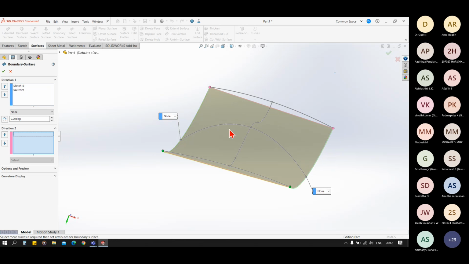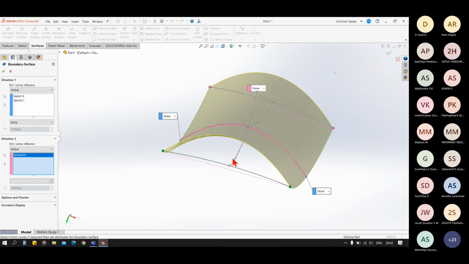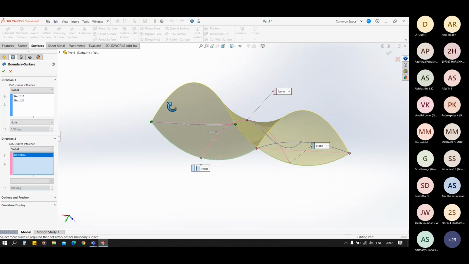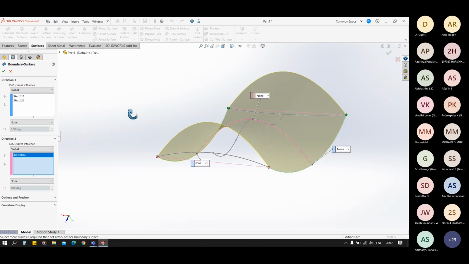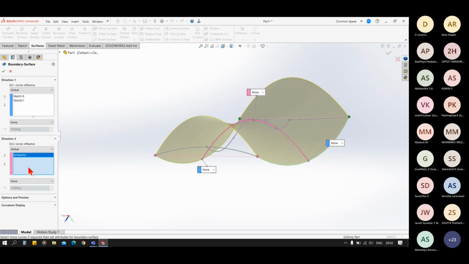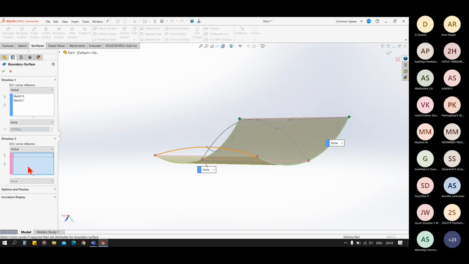And now suppose I give the direction 2 for this sketch, you can see I have this type of sketch. So I have more flexibility in the boundary surface than the loft. Now this case is not possible, so they are giving me error.